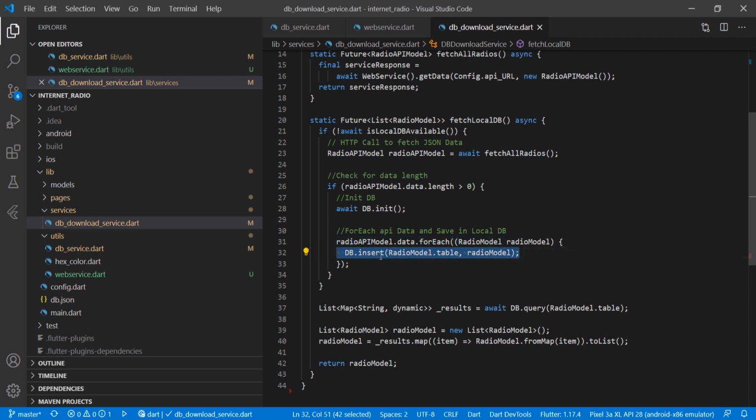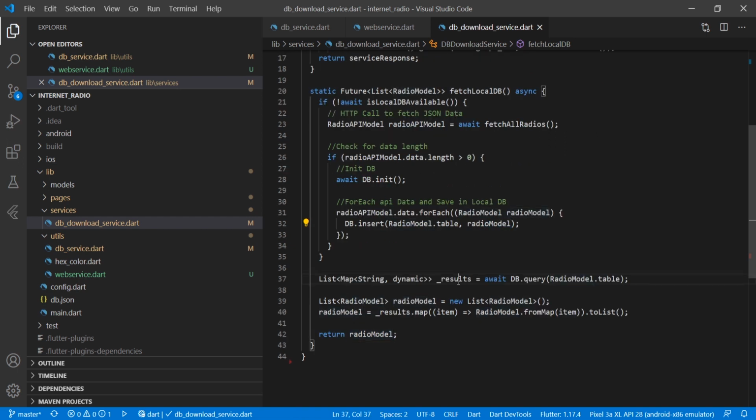We use db.insert with the table name, and we pass the radio model over here. Then we call our database to fetch that local data, do the mapping of that local data to our radio model class, and return that radio model class.